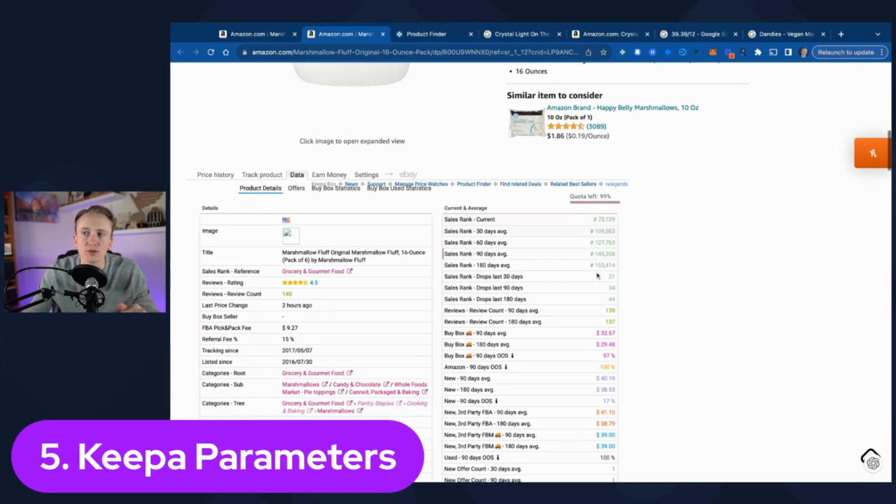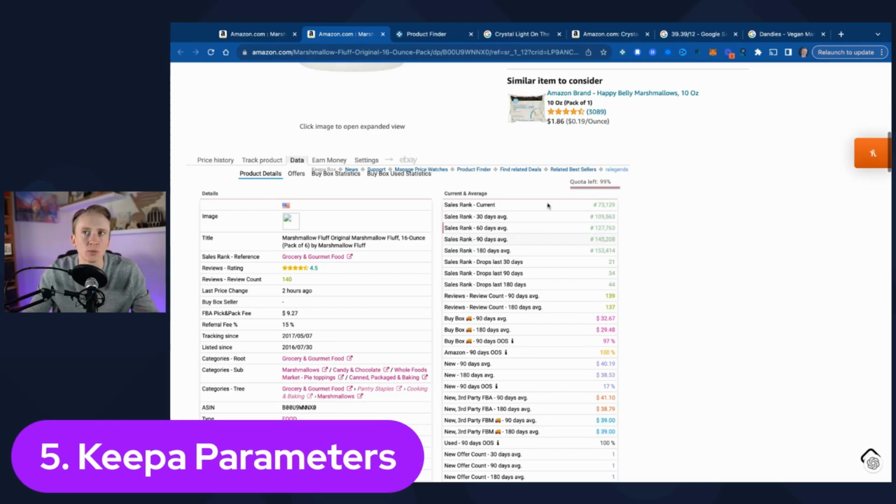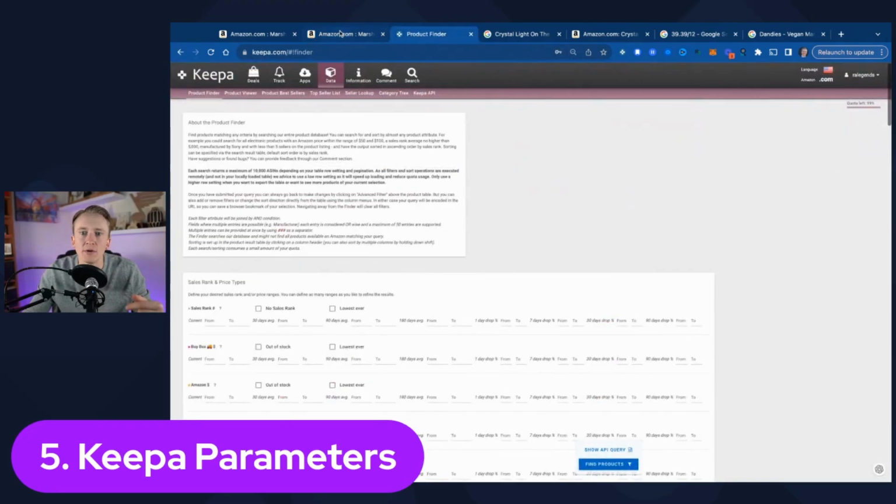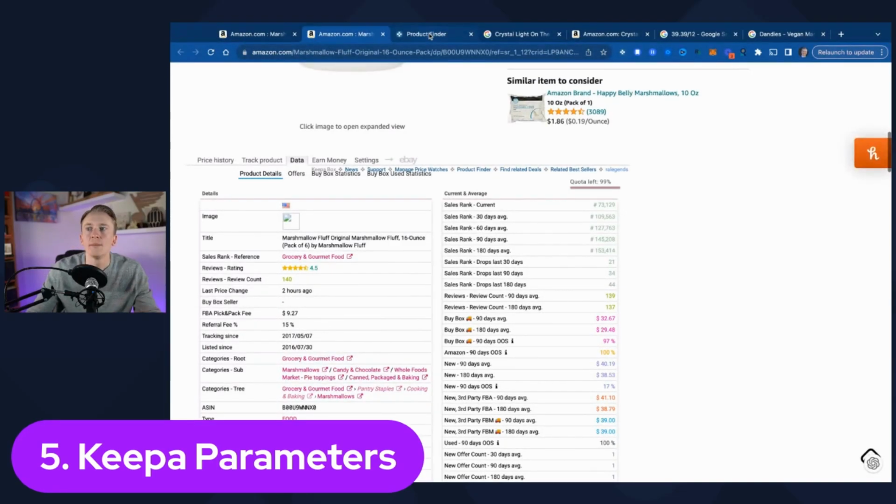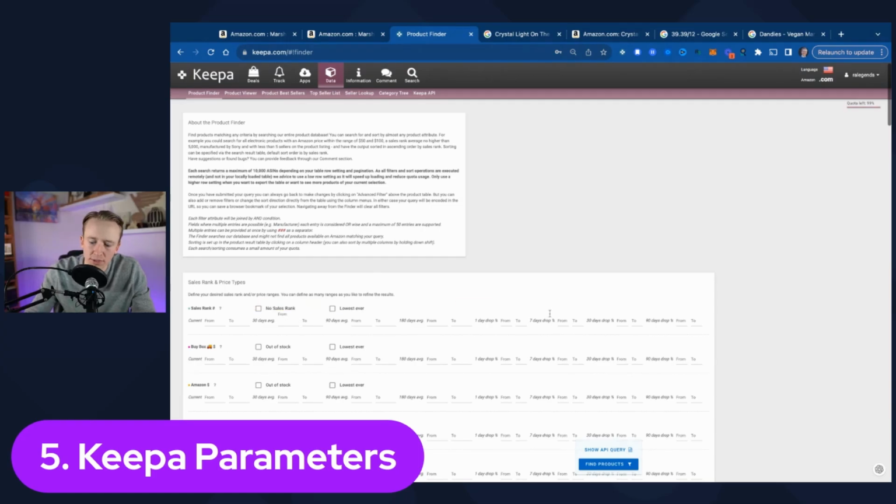So the sales rank piece, this is much more of a typical replen sales rank than the 10,000 one that we were just looking at. So I would come over here and I don't care about the current, but I'd say, all right, 30-day average was 109. So I'm going to go in here and do 30-day average for maybe 100,000